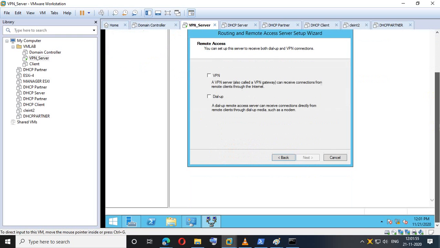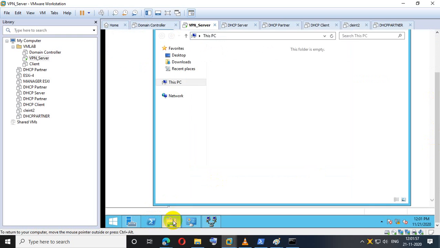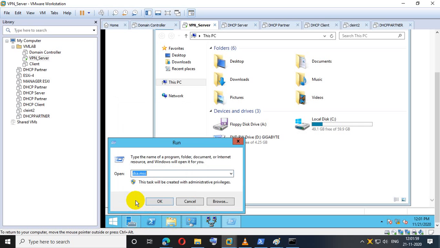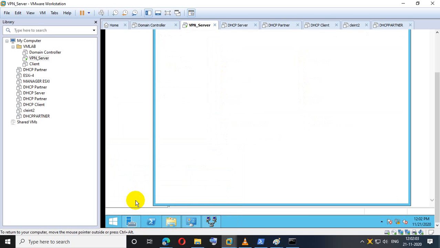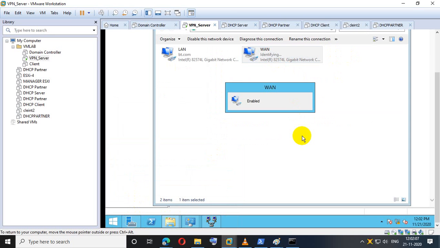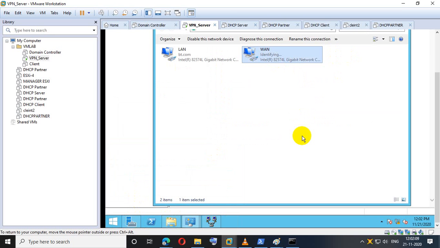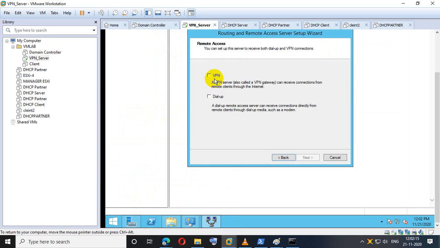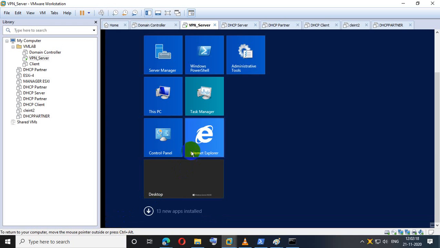Okay, but before that, do not forget to re-enable the networks that you have disabled, WAN. Okay, and also check whether the internet is running or not.